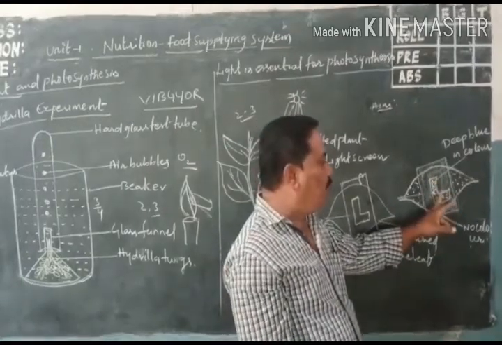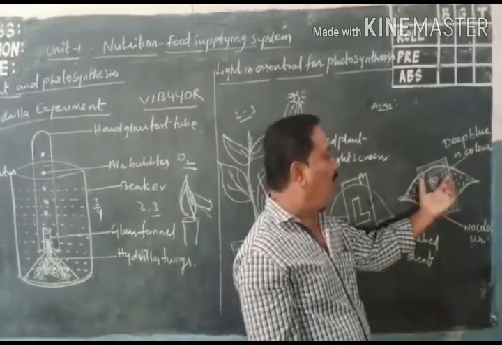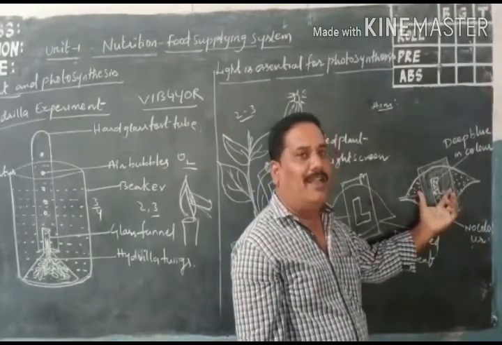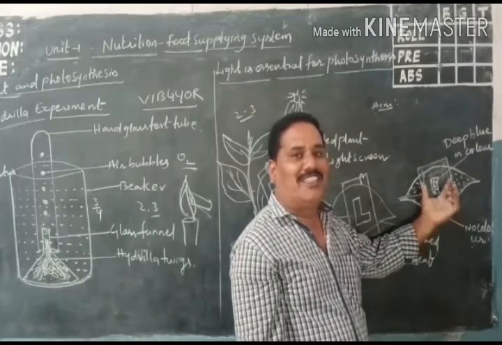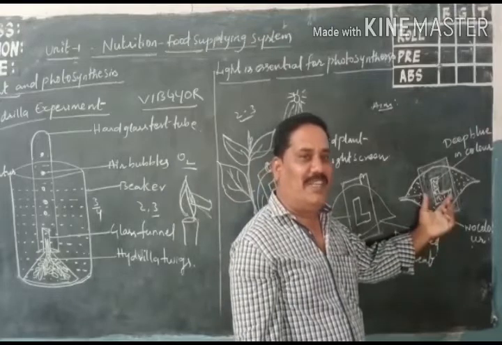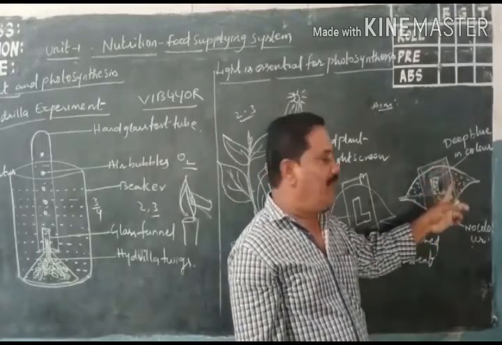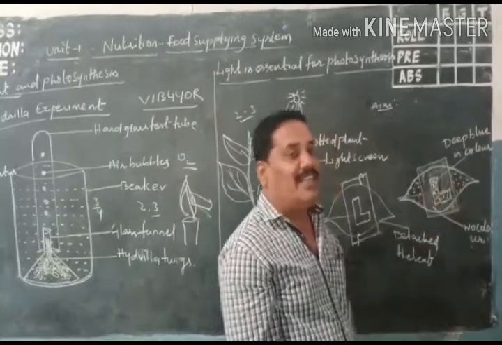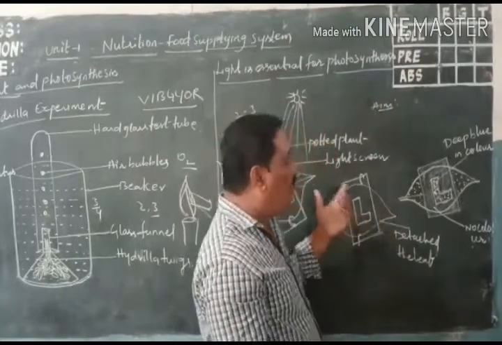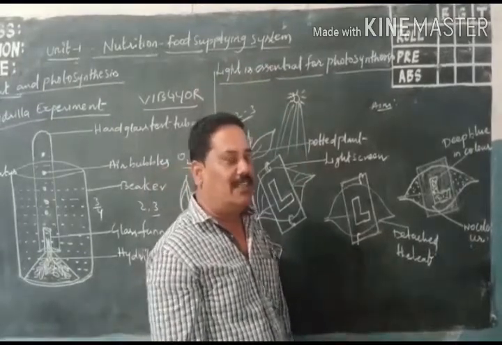If it changes to deep blue color in that part, what is present? Starch is present. Why is light not reflected on the cardboard part? Cardboard is an opaque body. Cardboard does not transmit light, so light does not reach the cardboard area. The remaining area receives light. Here, starch can be prepared. Okay, in this activity, what is necessary? Light is essential for photosynthesis. Okay, did you understand?